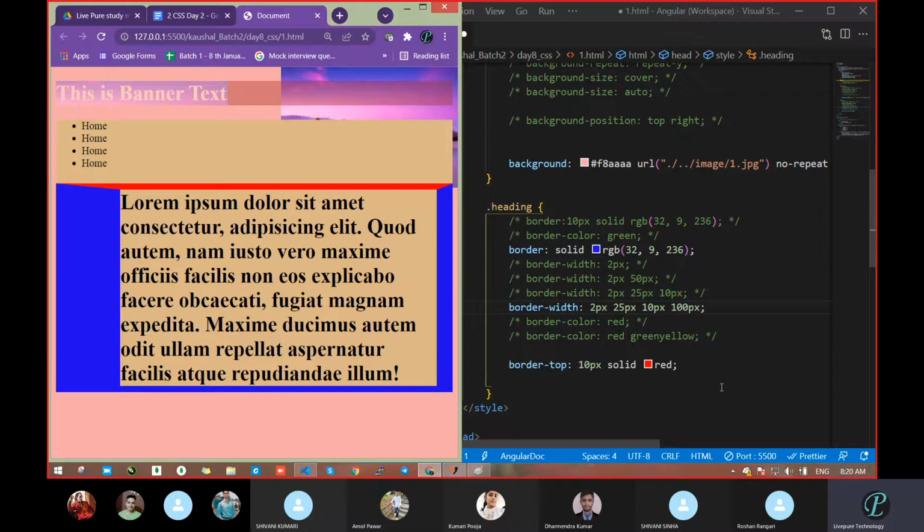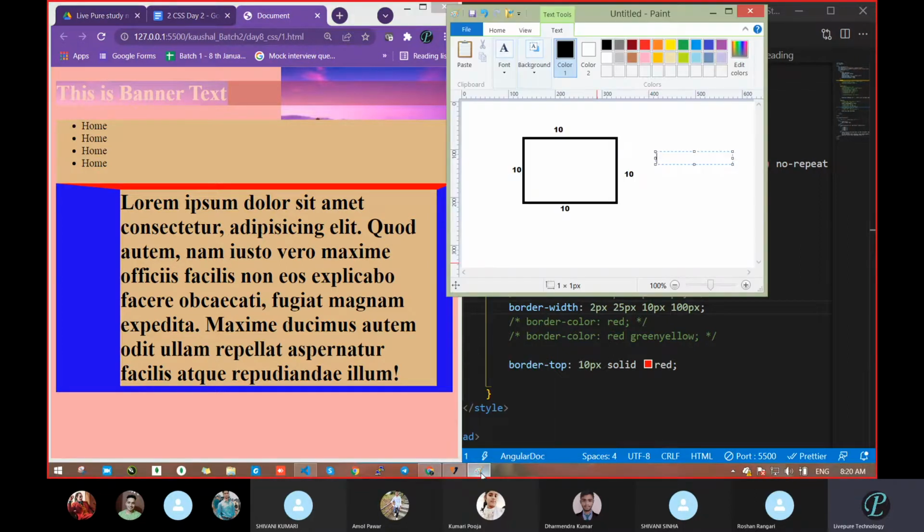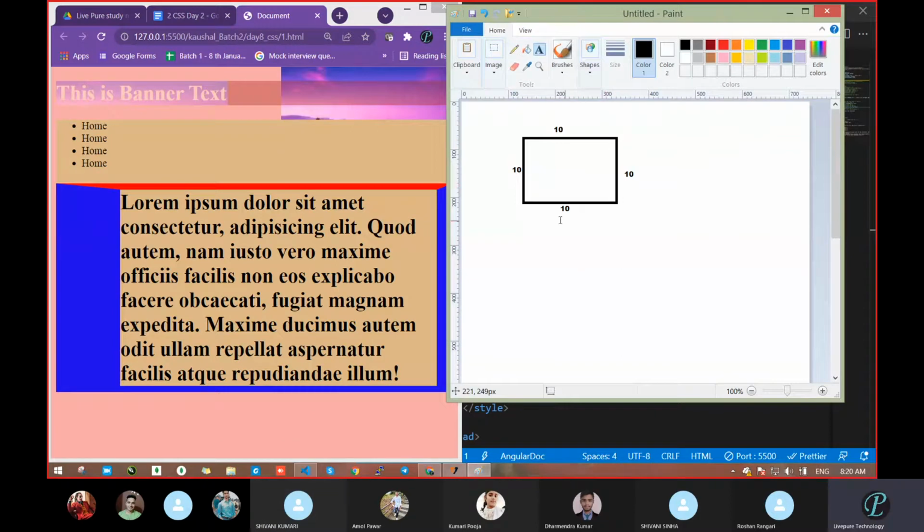So next, how will we decide which value goes to which side? When you have only one value, it will apply in all directions. Is the first one clear or not? Pooja, clear? Shivani? Yes, sir. Okay. So now go with 2 values. One value means all sides. When you get 2 values,